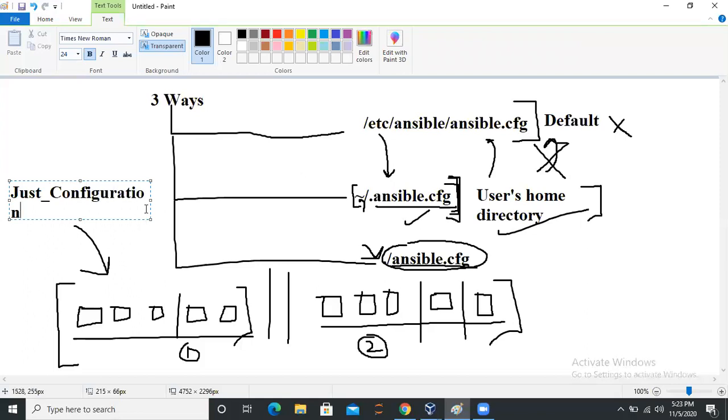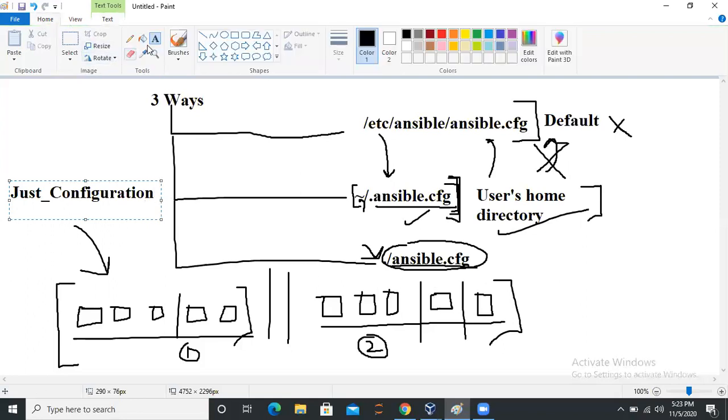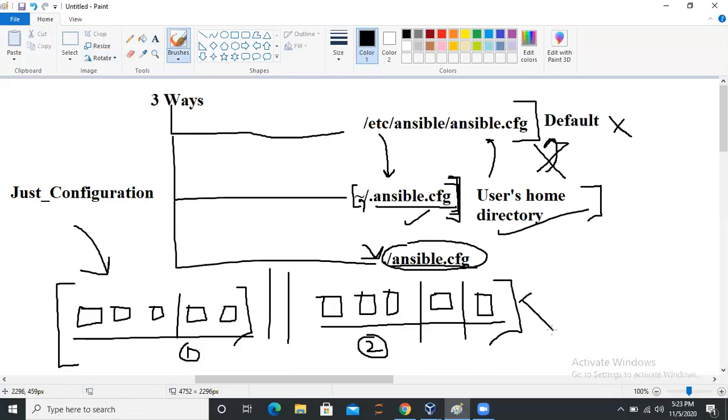Okay, the directory name is just underscore configuration, and this directory's name is, let's say, application underscore deployment.